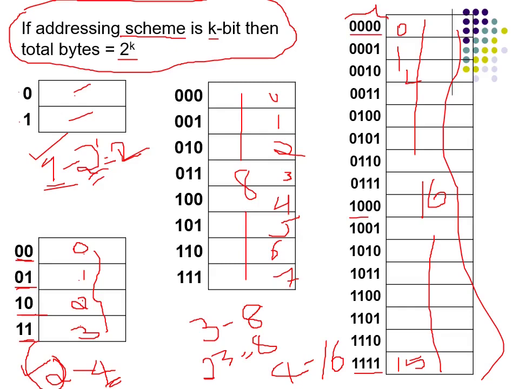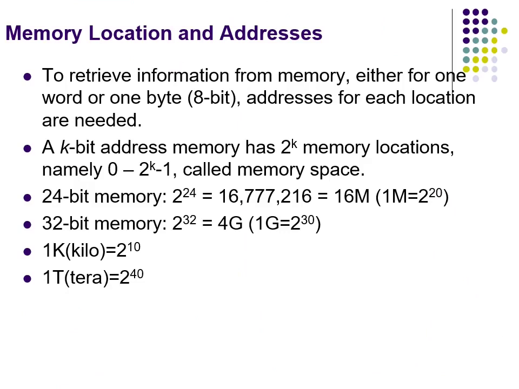So that's what we'll go back to the previous slide. Let's see the theory explanation. As per my explanation in the previous slide, where there are different diagrams of different memory, the same thing is explained here in sentences. To retrieve information from memory, the processor has to submit an address. If the processor wants to access 1 byte, it should submit that byte address. If the processor wants to access an entire word of memory, multiple bytes, the processor has to submit the word address. But what is a word address? Nothing but the first byte address in that word.